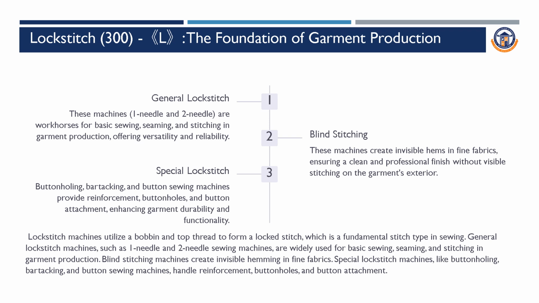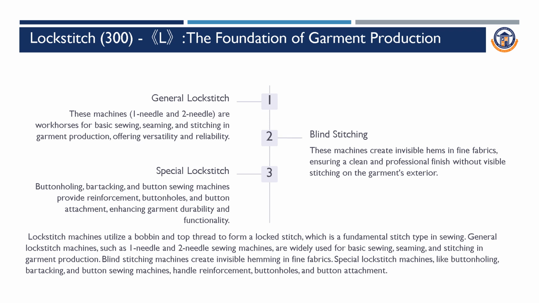Blind stitching machines create invisible hems in fine fabrics, ensuring a clean and professional finish without visible stitching on the garment's exterior. The third one is the special lock stitch machine. In this category, we have different kinds of machines suited for particular applications: buttonholing, bar tacking and button sewing machines, which provide reinforcement for buttonholes and button attachment, enhancing garment durability and